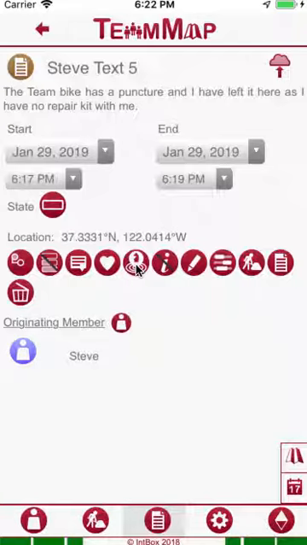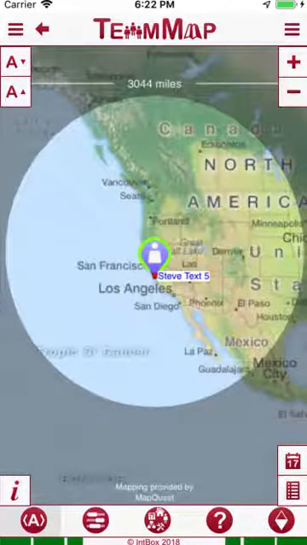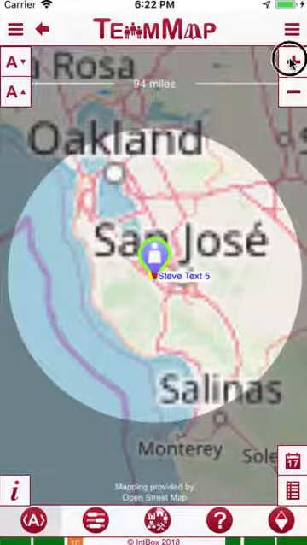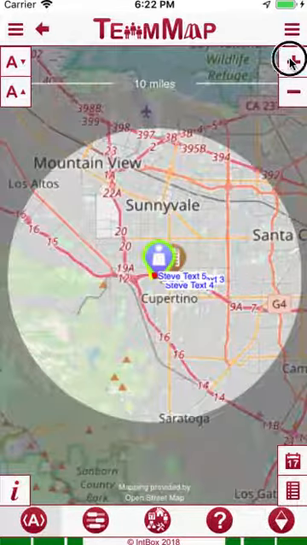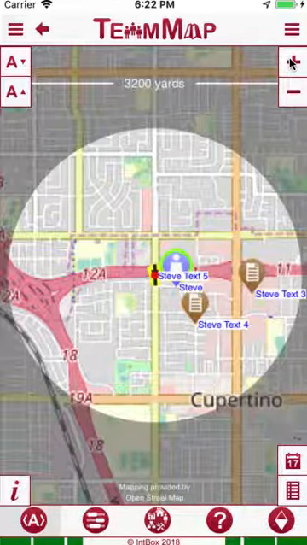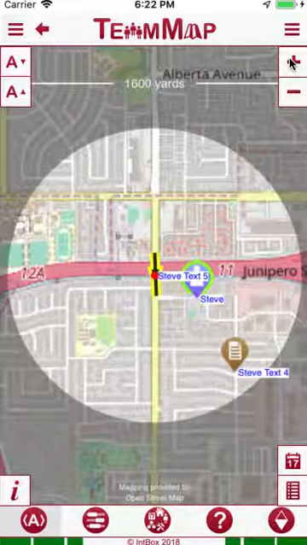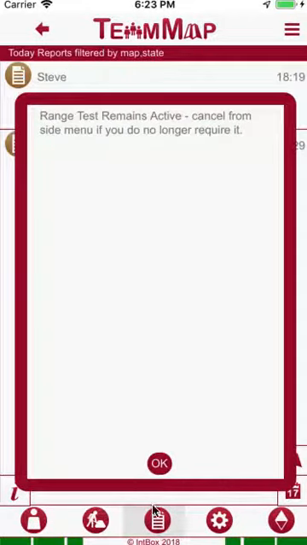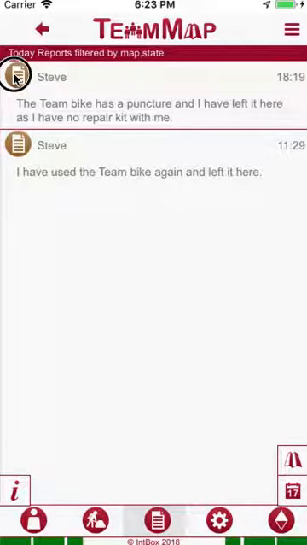The location icon with concentric circles activates a location-based search for other TeamMap items with locations close to this one. So I can see what's been going on recently around this area. I can, of course, set the default zoom level for that to be something different than it just was. If I switch back to the text icon we were at,